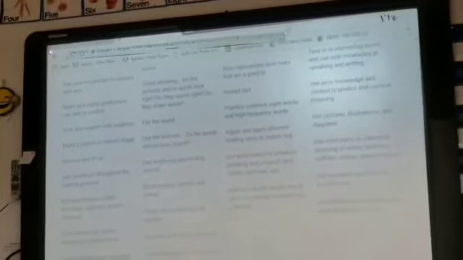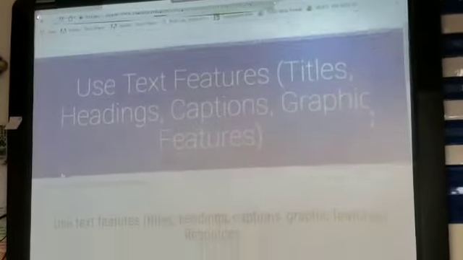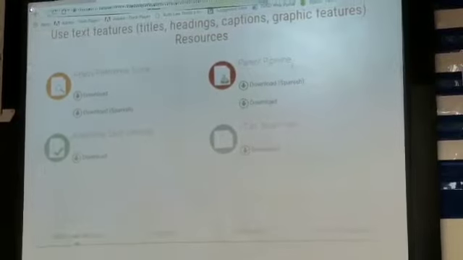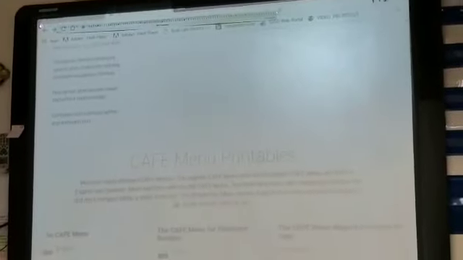I see we have using main ideas to support the details, determining what the text was. I'm going to go down a little further. Oops. I actually clicked on that one. So I'm going to go back because that's not the one I wanted. And see how far. Okay, so